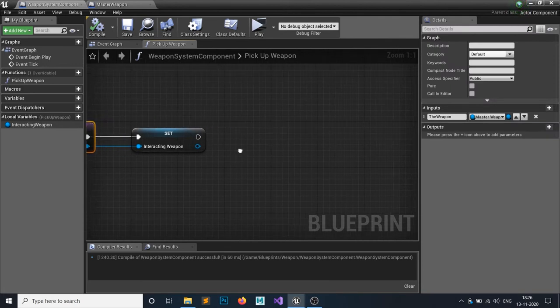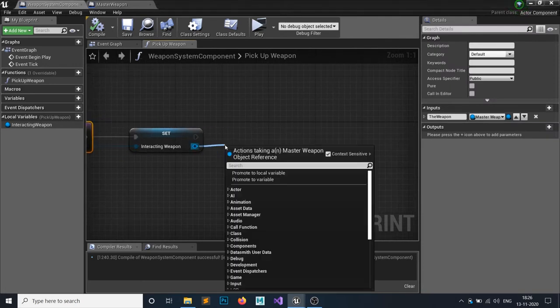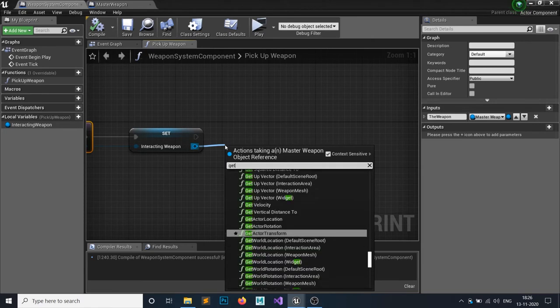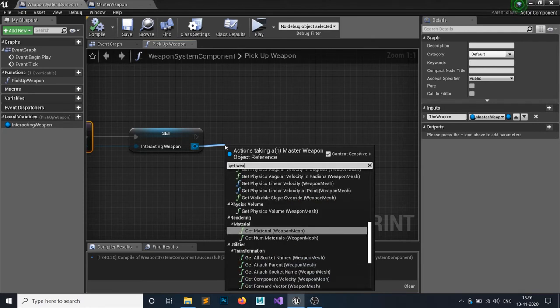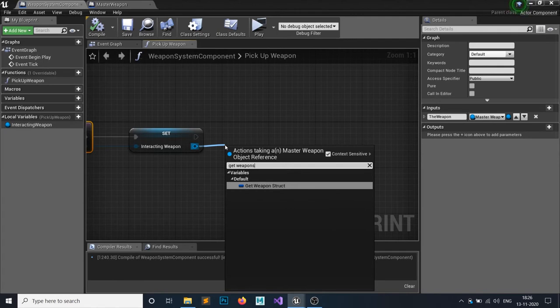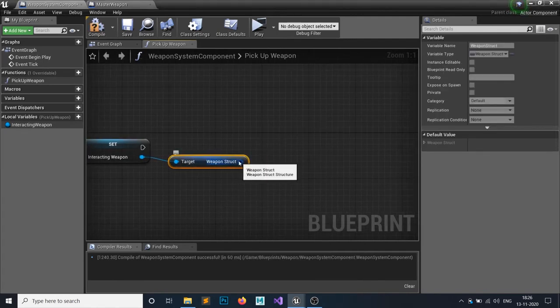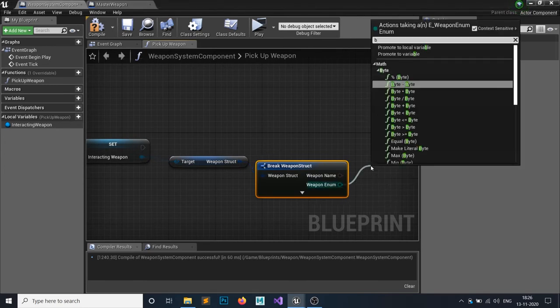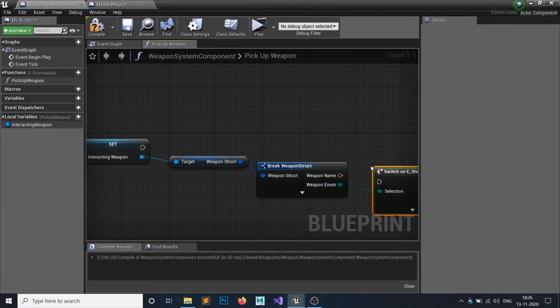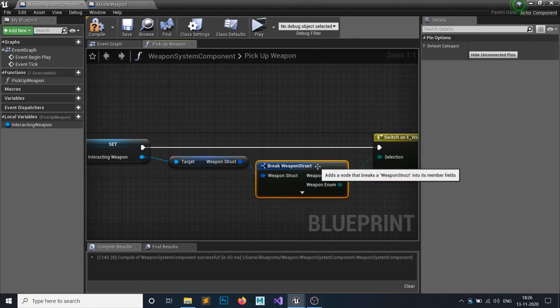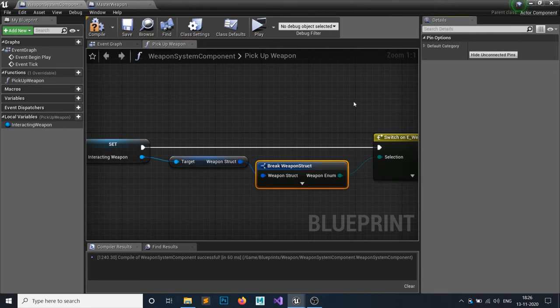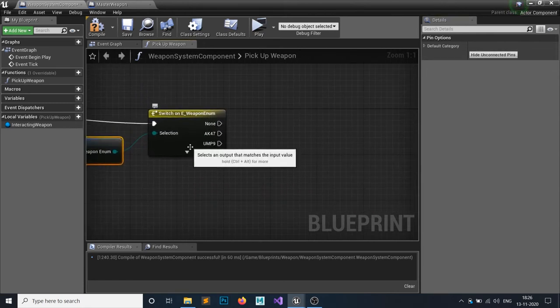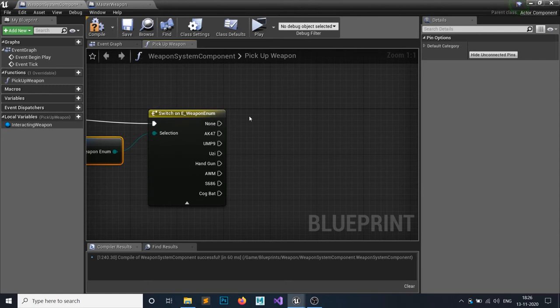So now what we need, from this interacting weapon, get a structure, weapon structure. Yeah, and let's just break it out, and you can see this weapon enumeration. So let's switch on this weapon enumeration. I will simply click on this and hide all the unconnected pins. So as you can see, we have all the weapon types.